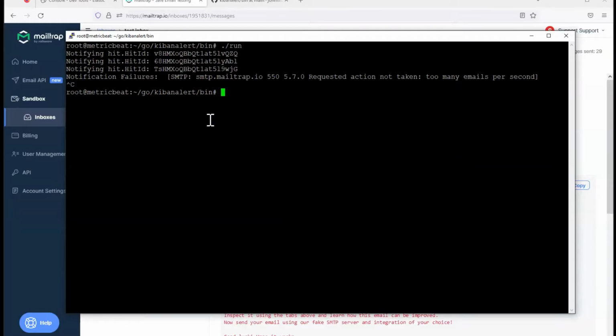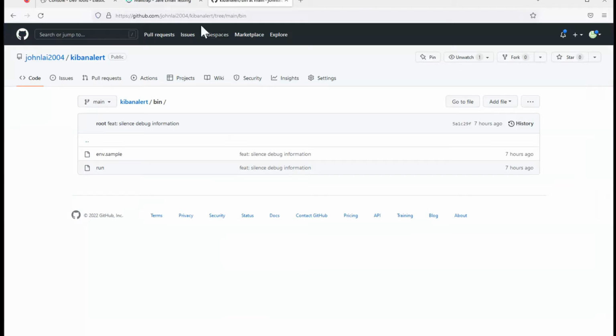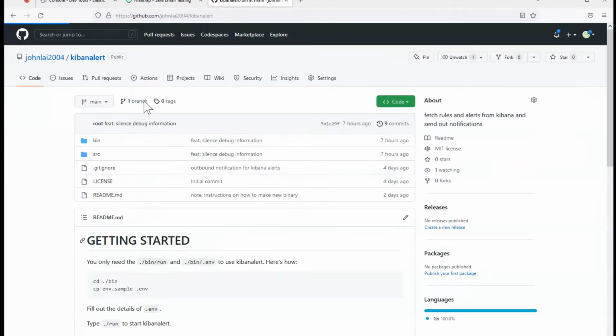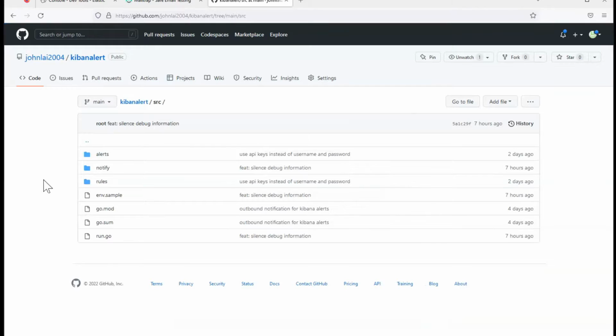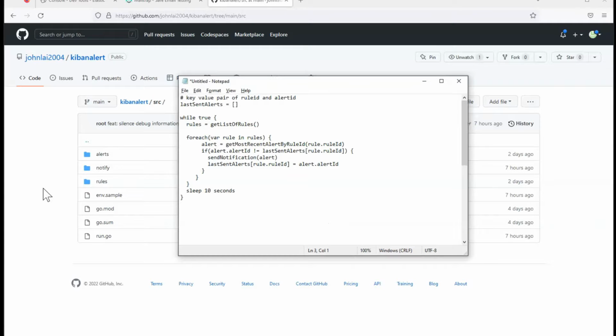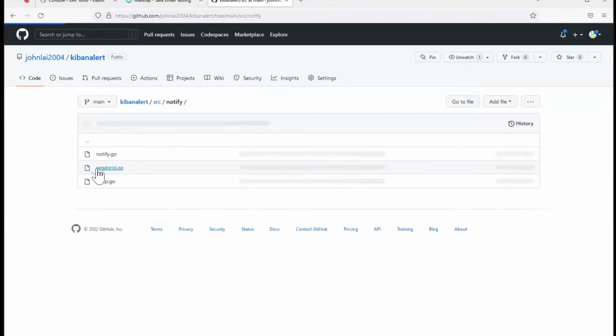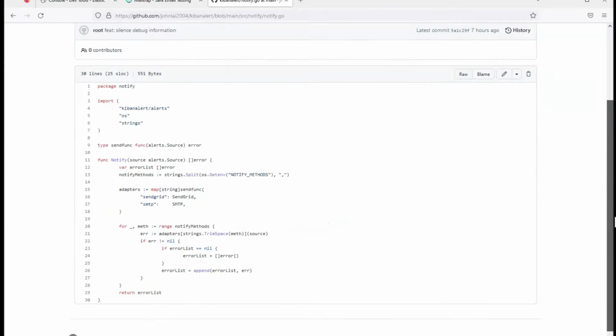So that's all there is to this binary script. You don't need to have Golang installed, you can just run it. But if you want to, you do have access to the source code here in case you want to make any edits. Okay, so one other thing I'll mention is that I said this send notification can send through SMTP or SendGrid API. That function is found in this folder over here. And I have this notify.go,